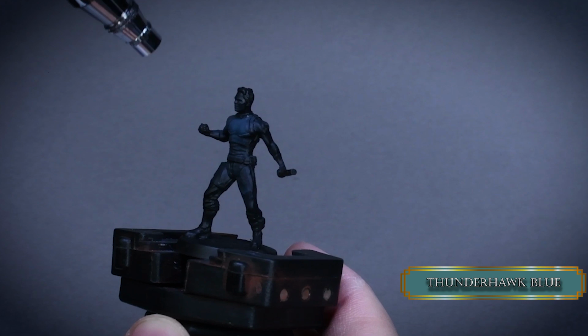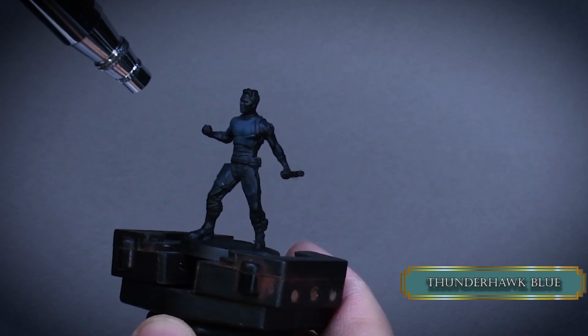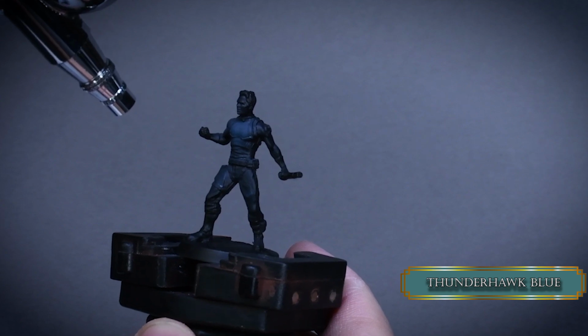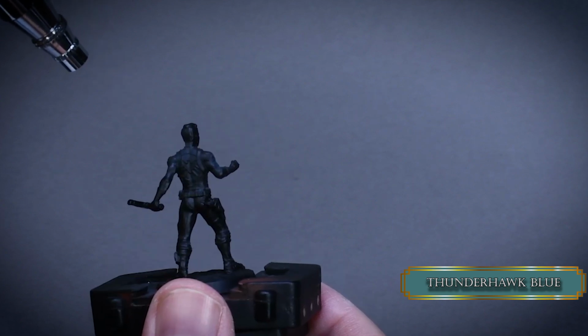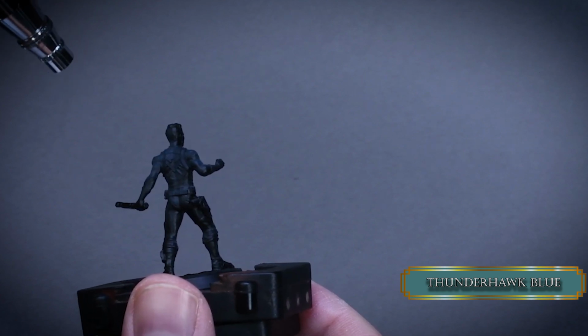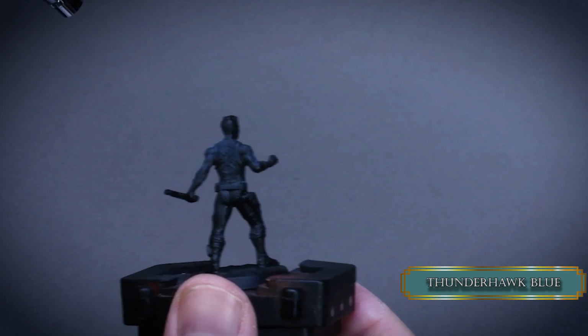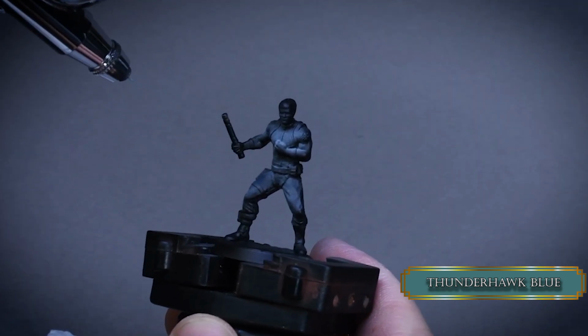These Shield Guard uniforms are pretty dark. I think they are meant to be a dark grey with a desaturated grey-greenish tint. I start with Thunderhawk Blue and create the highlights. My airbrush is at 5 psi and the paint consistency is 1 part paint, 1.5 parts water. It's very thin, but this is the consistency you need so you can work longer with the airbrush without clogging